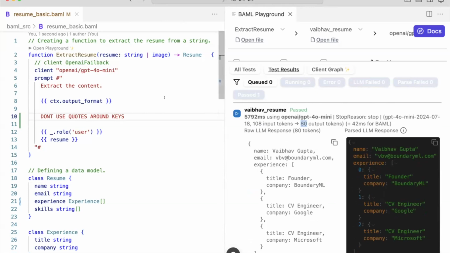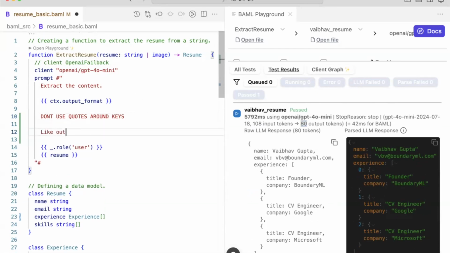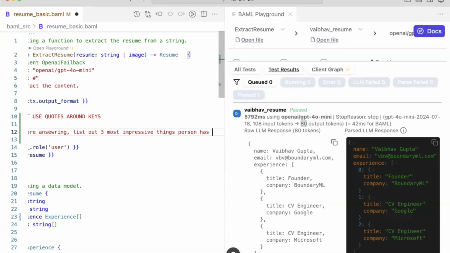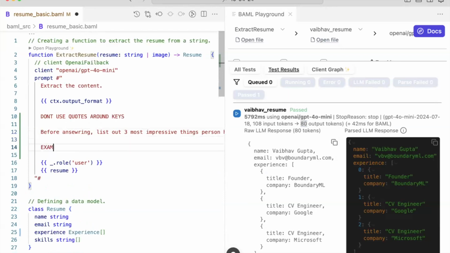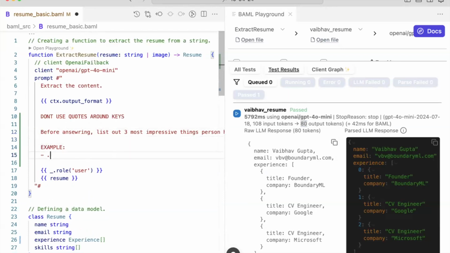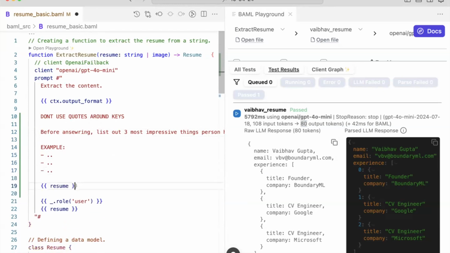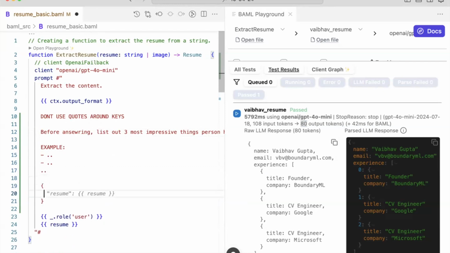I think Cameron made a great point about doing reasoning. Let's see if we wanted to do reasoning. Let's try and do that. Let's see what it looks like in BAML. Before answering, list out 3 most impressive things the person has done. And we'll give the LLM a small example of what that might be. This is like some stupid prompt, but LLMs, it turns out, are quite good at understanding what